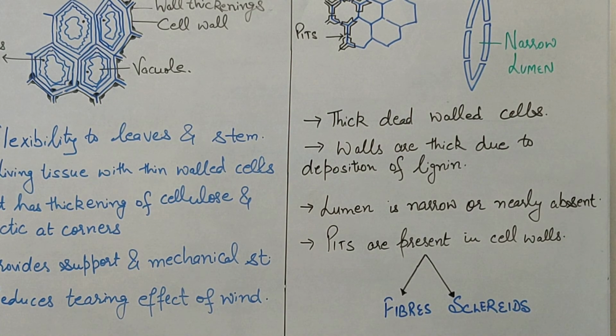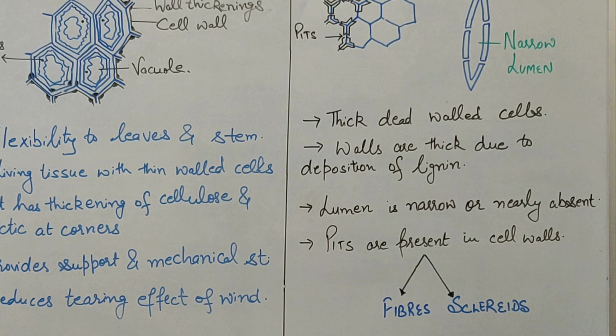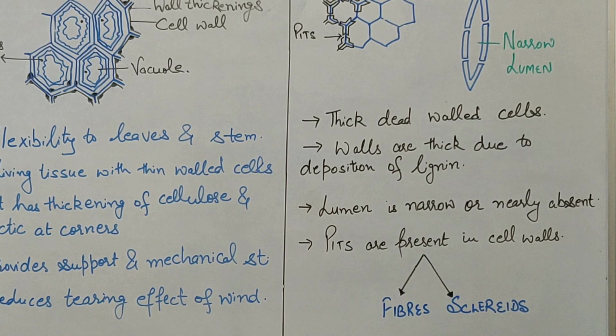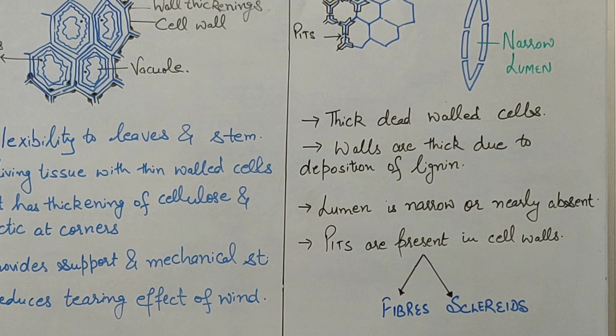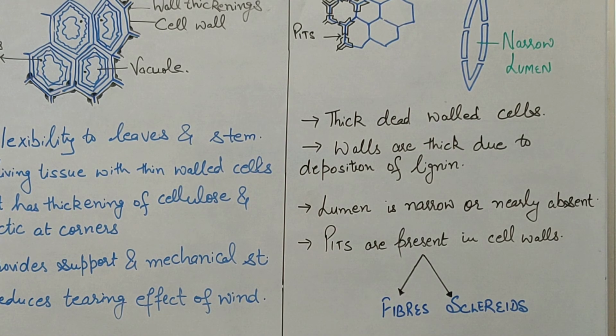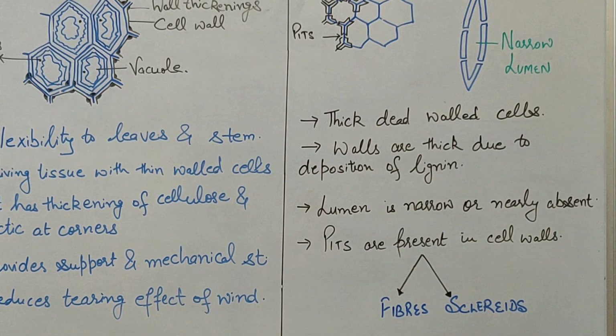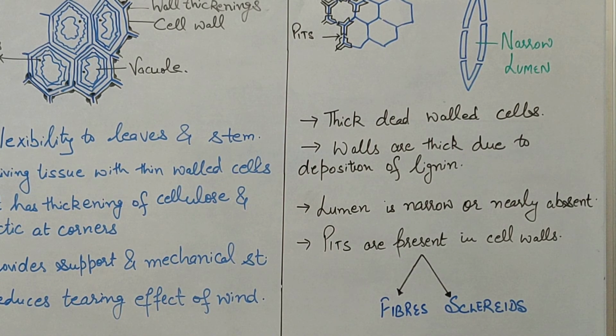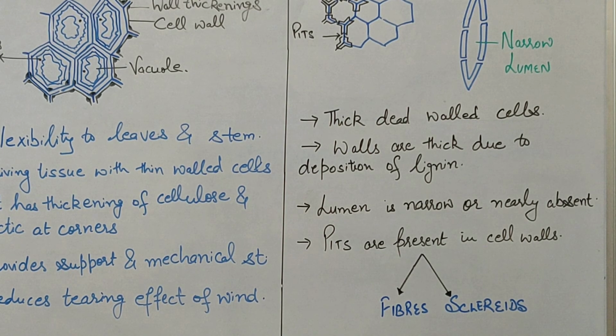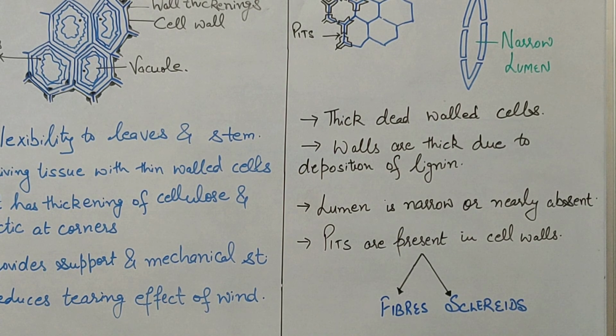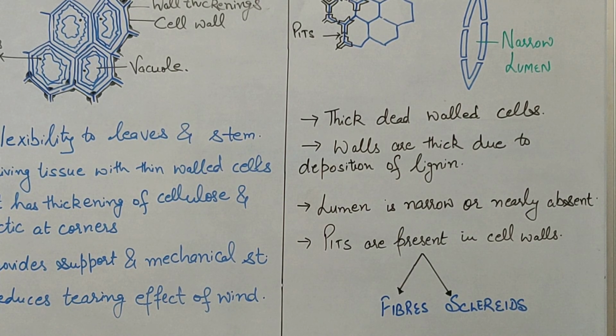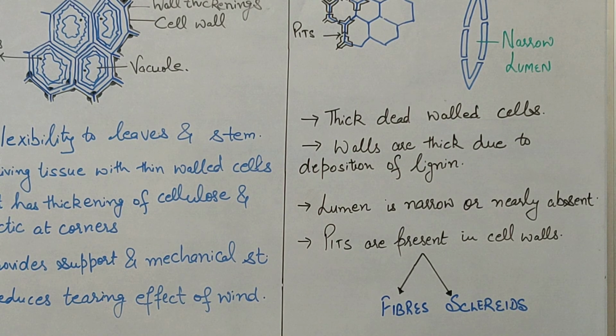Thus, the main function of sclerenchyma is to give mechanical support to the plants. It provides protective covering around seeds and nuts. It's present in husk of coconut. It is present as a covering of almond, which is known as the hard endocarp of almond. It is present in the grit of apple, pear and guava.